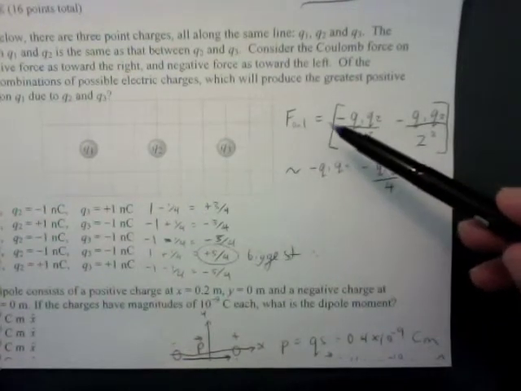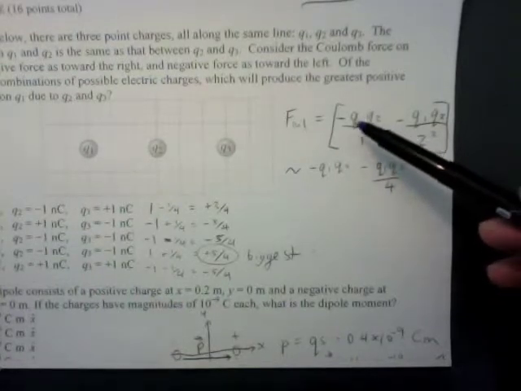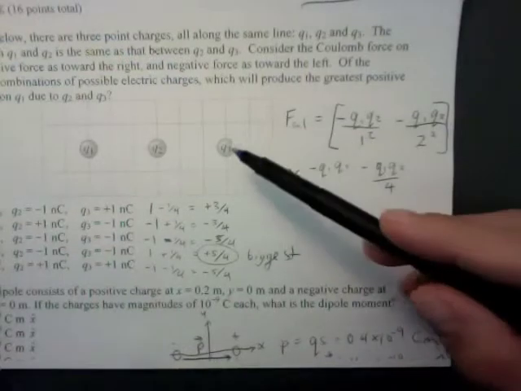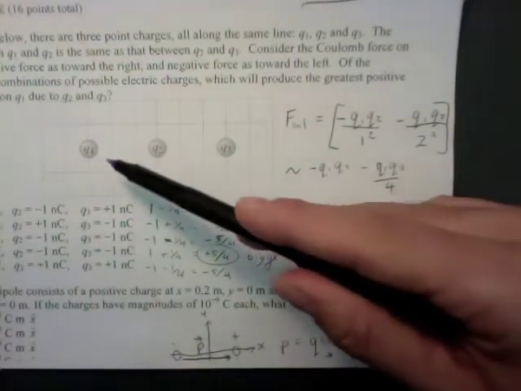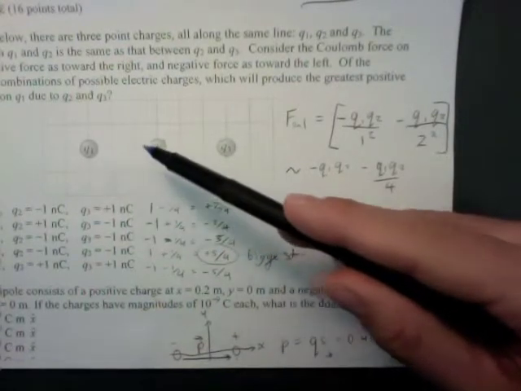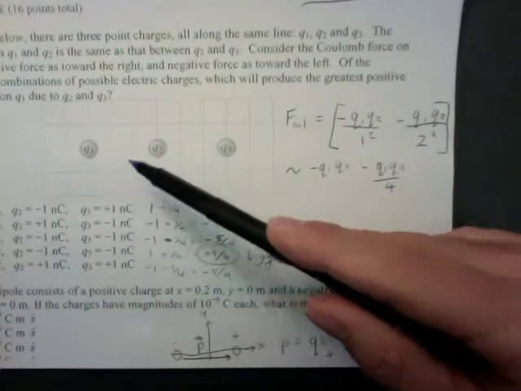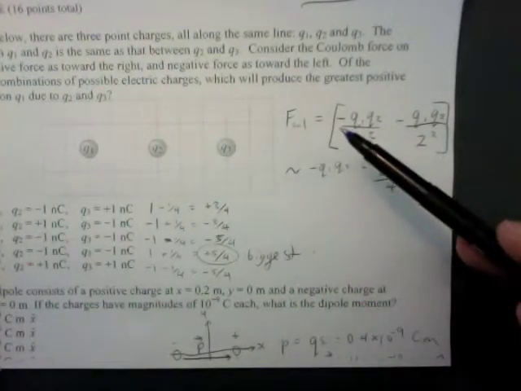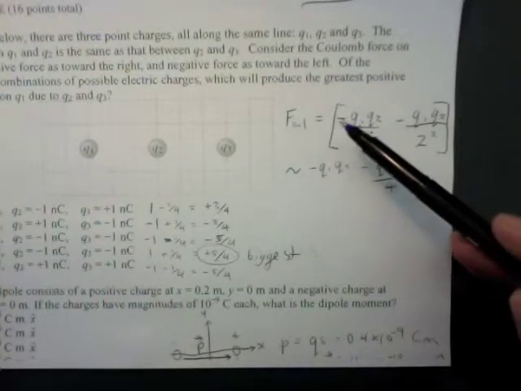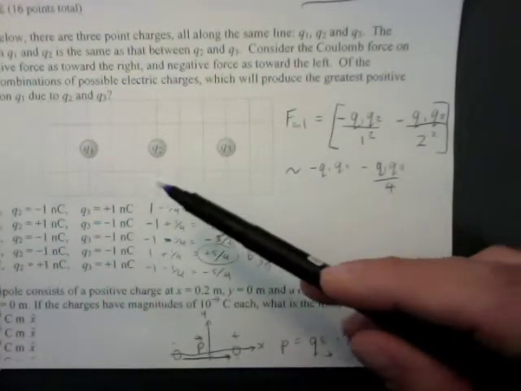The force of Q2 on Q1, so Q1 times Q2, and since positive forces are towards the right, if Q1 and Q2 are positive, there will be a repulsive force on Q1 towards the left. So another way of saying that is we put Q1 times Q2, put a minus sign, meaning towards the left,